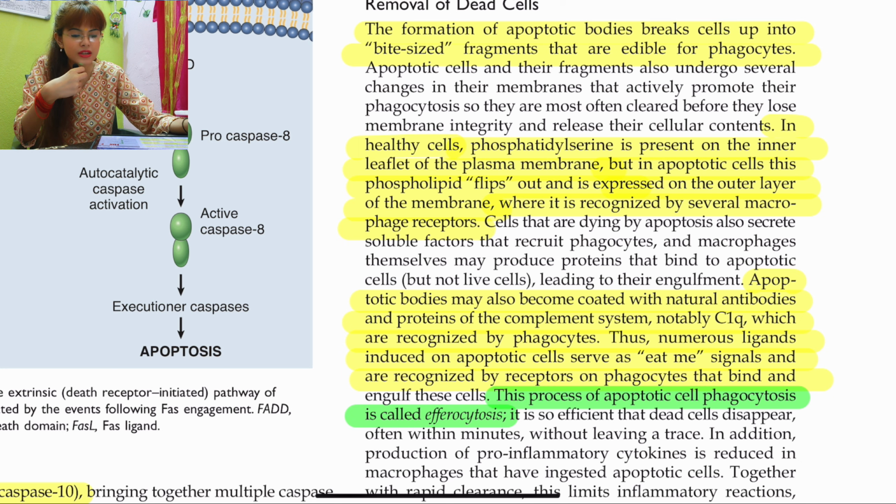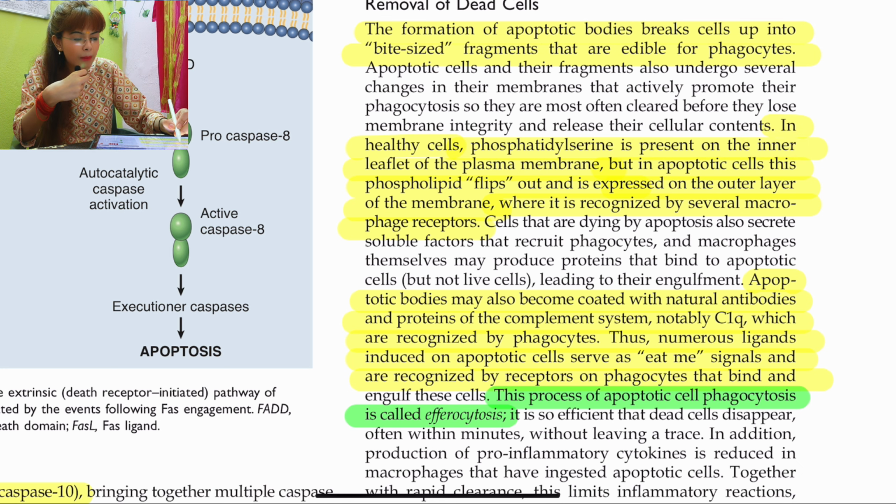Now I've already mentioned before that in apoptosis the cell membrane remains intact, but with the formation of these apoptotic bodies, somehow the receptor on these membranes gets altered so that they become tasty targets for the phagocytes. So what is that alteration that happens on these membranes? Usually what happens is, in a healthy cell, the phosphatidylserine is present on the inner leaflet of the plasma membrane. Okay? Therefore, this is not recognized by the phagocytes because it is on the inner side in the normal cells.